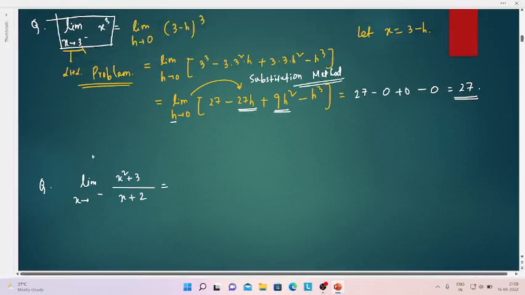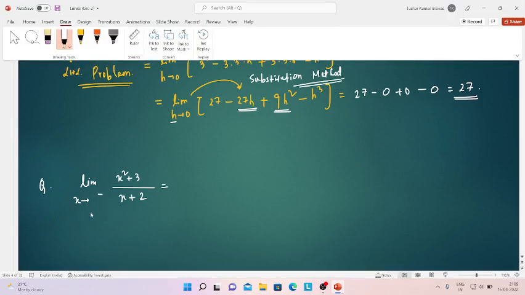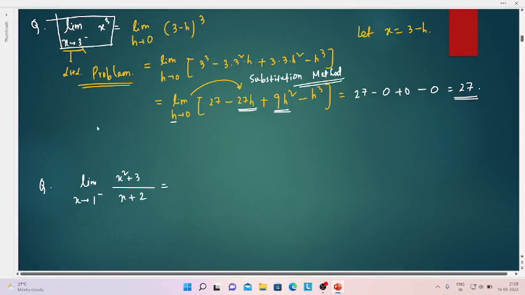Let me change this 3 as 1 minus. This will also work, but 3 minus and 3 minus both are the same, that is why I'm just changing it. So you can see that this is also a left hand limit question. In order to solve a left hand limit question, first of all you have to do x equals the tending value, which is actually 1. So 1 minus